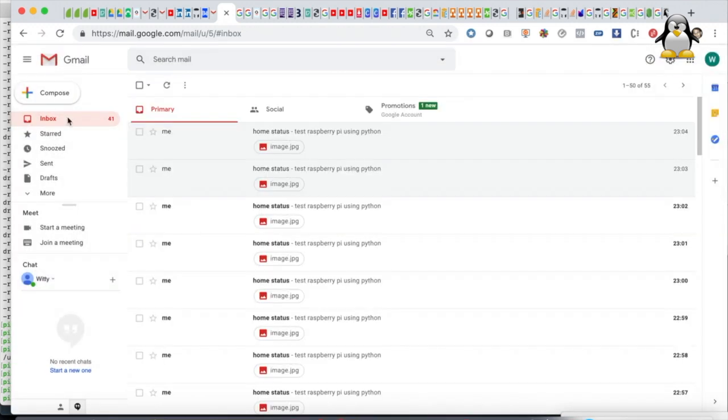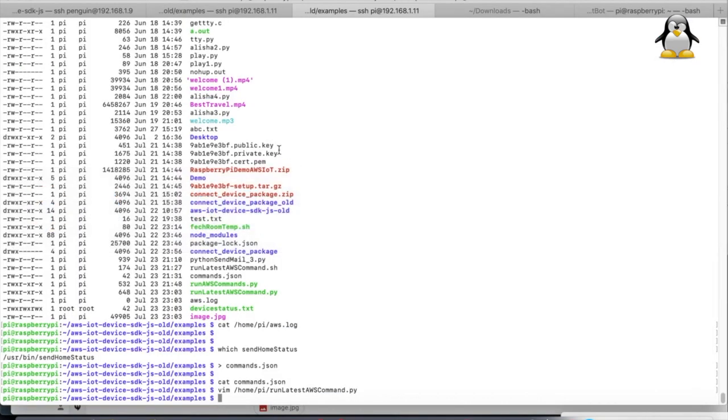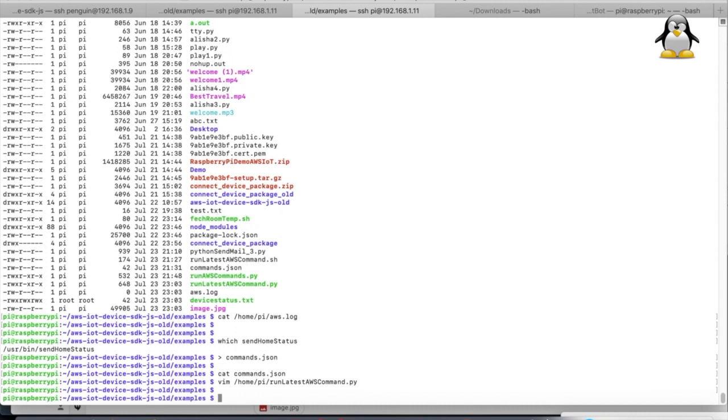This will execute per minute, so you can configure it according to your need. My need is that it should execute every minute. I will configure all my commands in this, whatever commands I want to send. This is highly customizable, and then I'll get the status of whatever is happening in my home. I'll just empty this file, otherwise it will execute and send a lot of images. I'm going to customize it anyway, so you can customize it according to your needs.